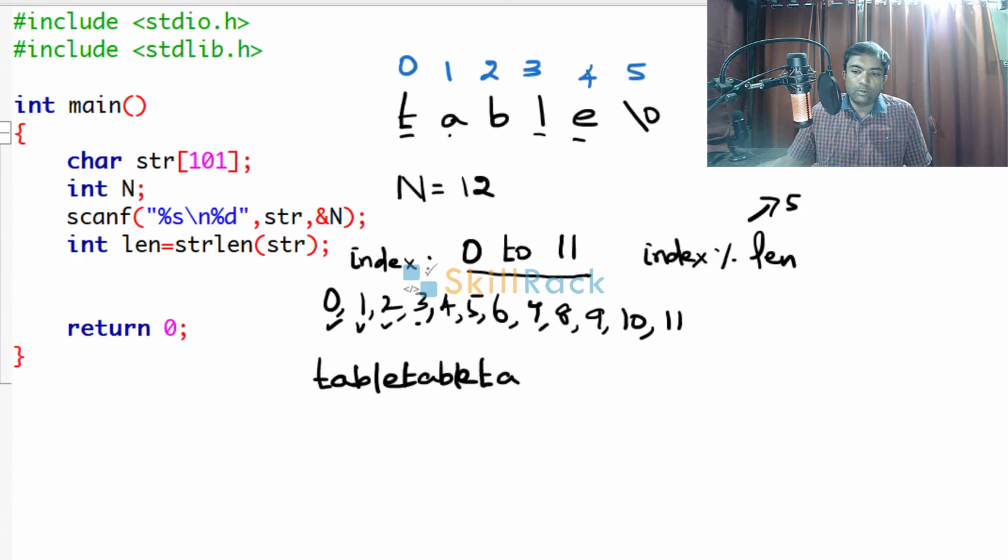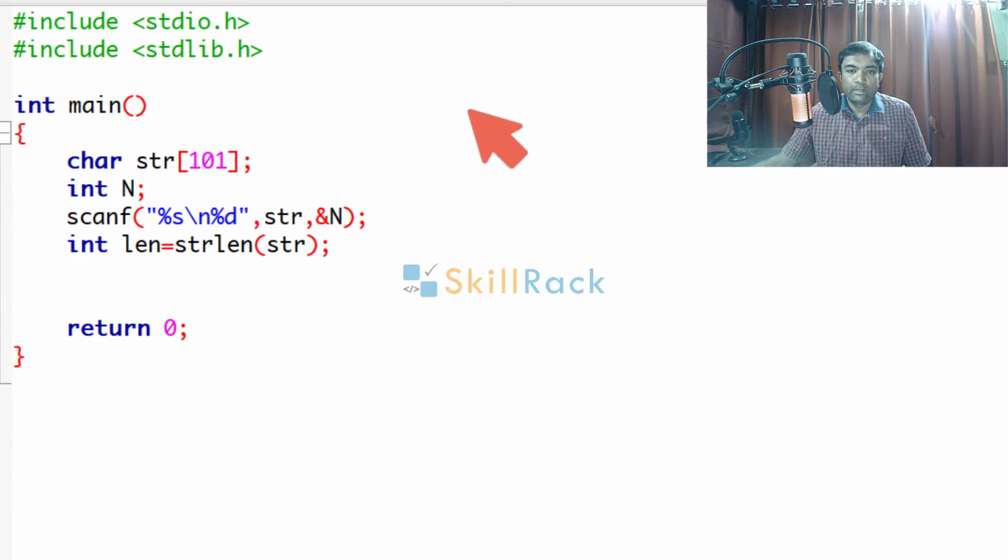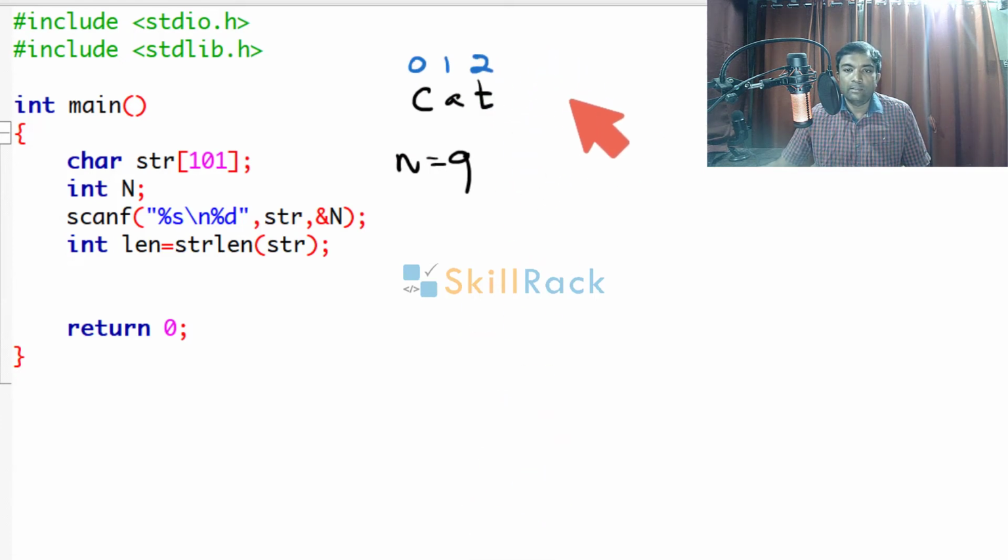Let us look at one more example. Let's have cat and n is equal to 9. Let us write down the index values 0, 1, 2. What is the length of this string? Len is equal to 3 because 3 characters are there. So the index value will be from 0 to 8, that is 0 to n minus 1.